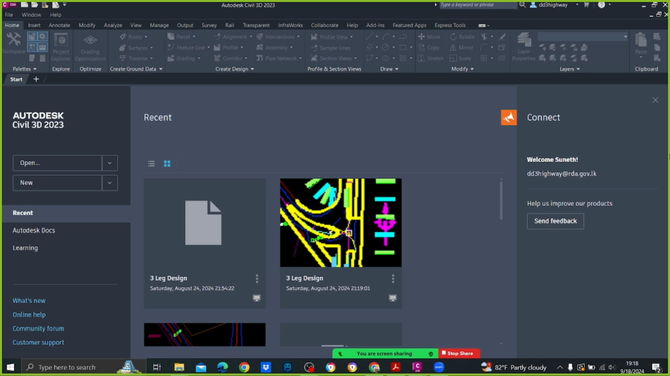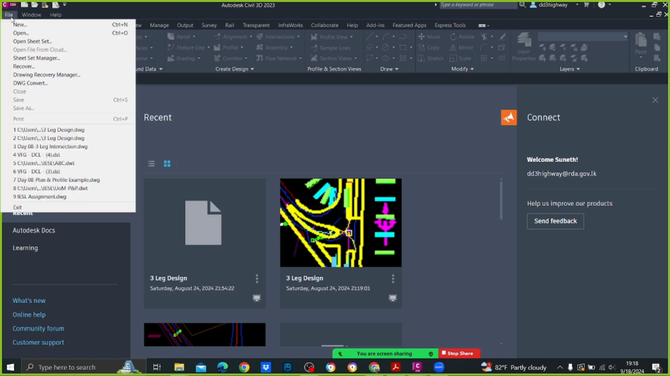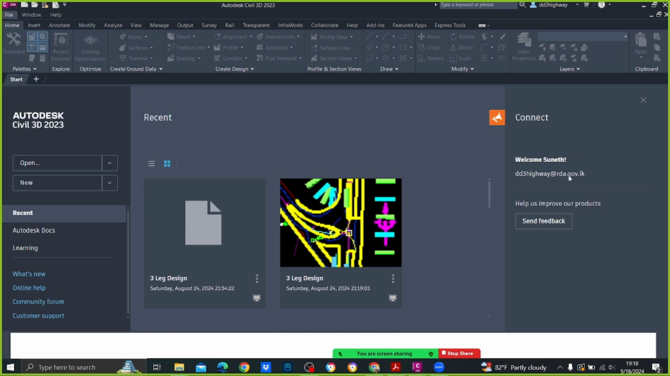It is not that there is only one road here, horizontal, and one road there, vertical. No, it's just a unique entity. But for the easiness of the design, we are going to do horizontal alignment first and then vertical alignment next, right? So the first thing we'll open our